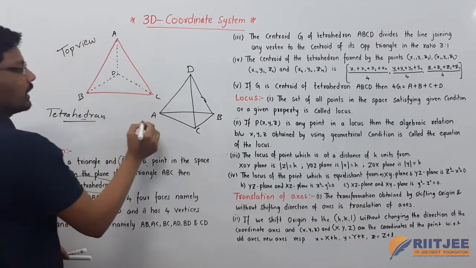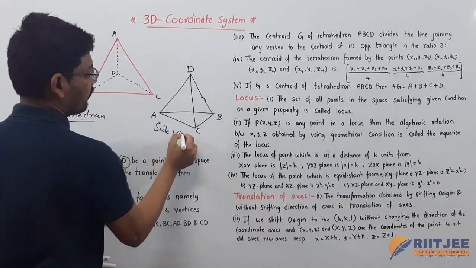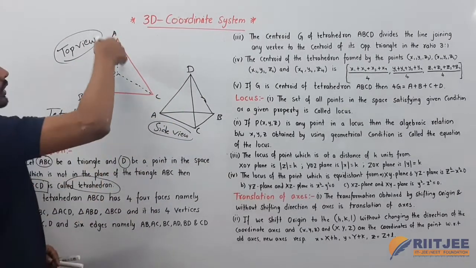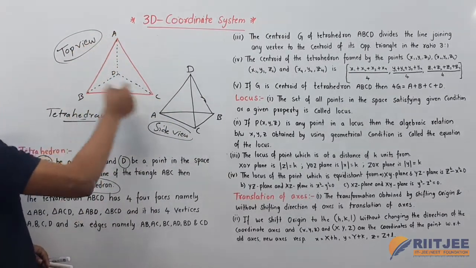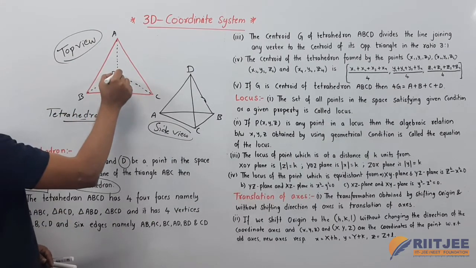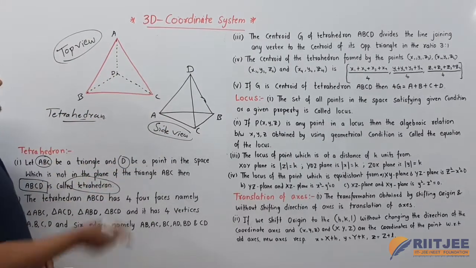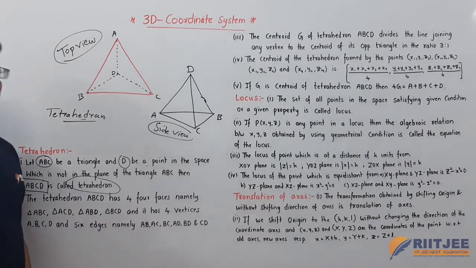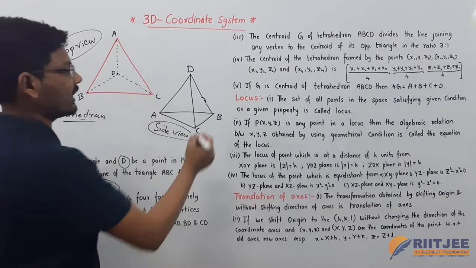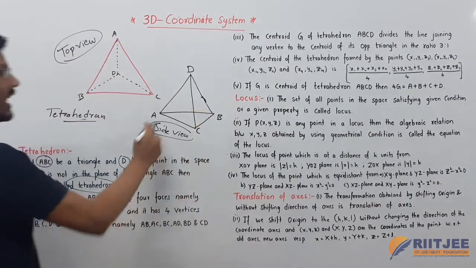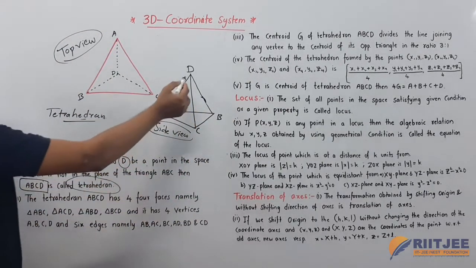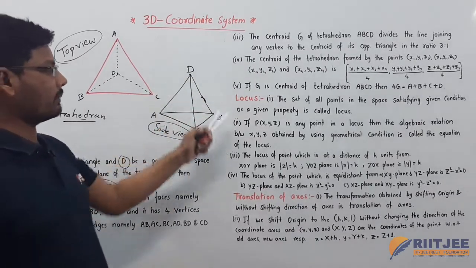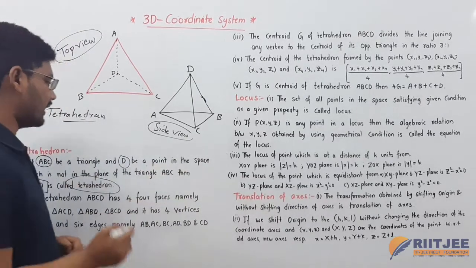If you look at it in top view, this is the top view and this is the side view of a tetrahedron. In the top view, this is the tetrahedral shape. These dotted lines are edges, and this is the final edges, the output edges here. This is all about the preparation of a tetrahedron. A tetrahedron has a base triangle and one more point above the plane of the triangle. The joining of ABCD is nothing but a tetrahedron.